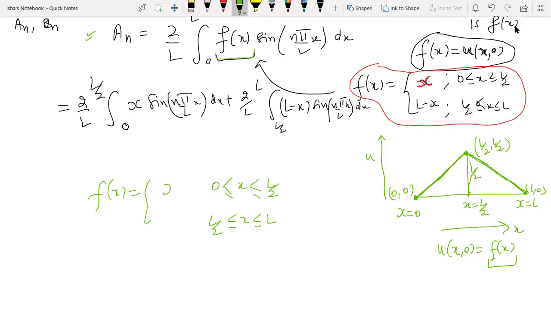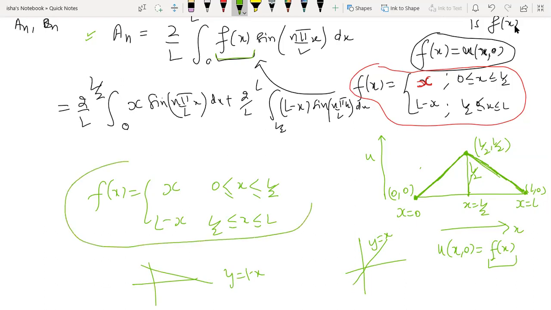Those kind of points are going to lie over there. So this is actually x. Just like you have the line in the plane, y is equal to x. So this is that line. So that's why f(x) is equal to x. And what is this line? So it's a negative slope line. So if you compute its equation, you will be getting L minus x, right? Because if you draw y is equal to 1 minus x, this will be this line. So instead of 1, we just have L here in front of us. So it's L minus x. So this is how we formulated f(x).